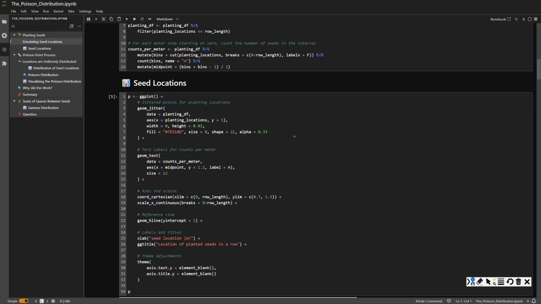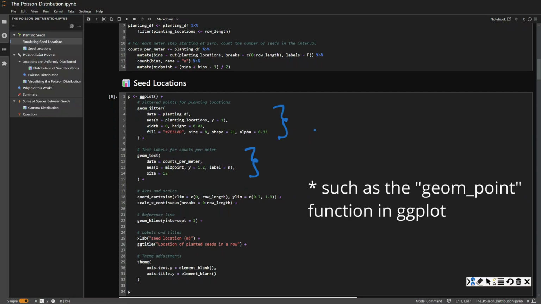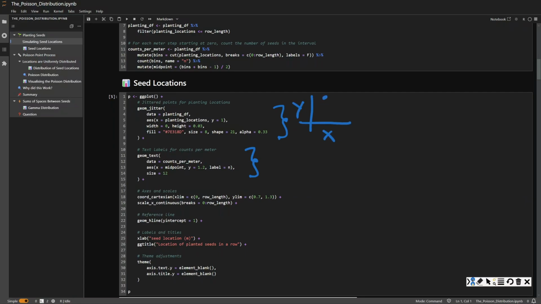Here's the code block for plotting our samples. So we use ggplot, and the main work is done by this function here, geom_jitter, and this one, geom_text. The geom_jitter is much like something you would use to create a scatter graph, where you have an x and a y, then you plot points based on those coordinates. The only difference is geom_jitter allows us to add some noise to the x and y, which can be useful